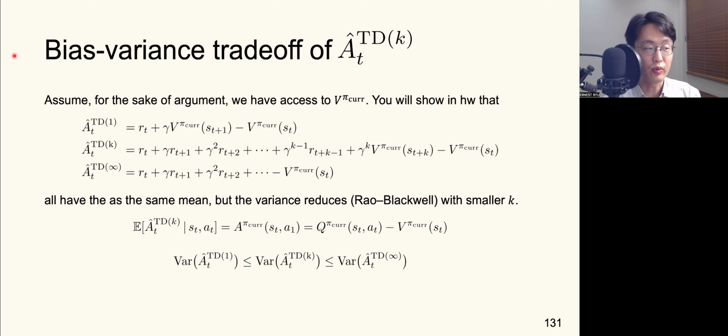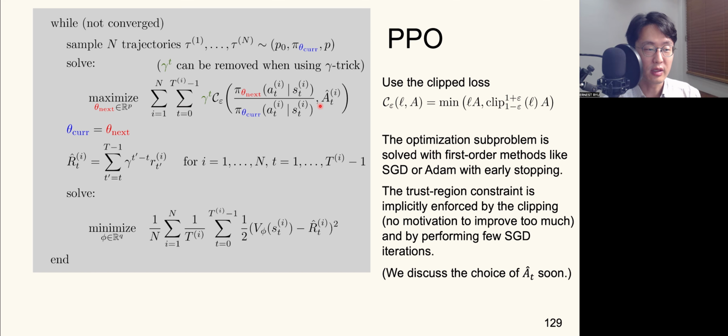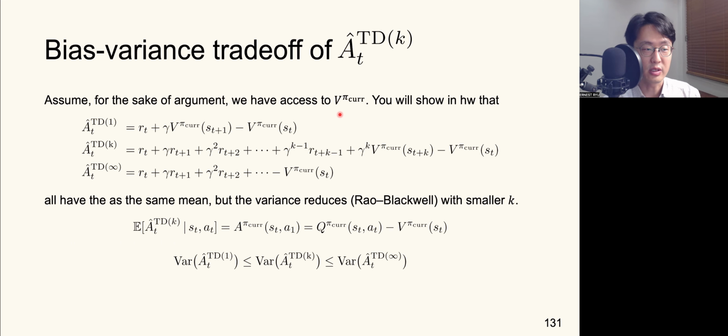In the PPO algorithm, we need to use the advantage estimate A hat. So if you go back to the algorithm here, the advantage estimate A hat is being used in PPO. Here, in this slide, I didn't discuss the specific choice of A hat. So let's discuss the specific choice. Let's assume, for the sake of argument, that we have access to the exact value function for the current policy pi current. Then it is a relatively straightforward exercise to show that all these TD estimates